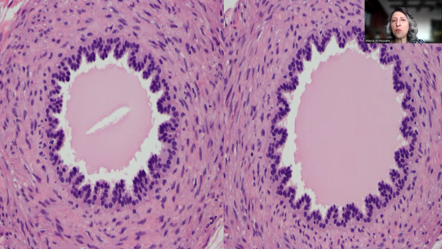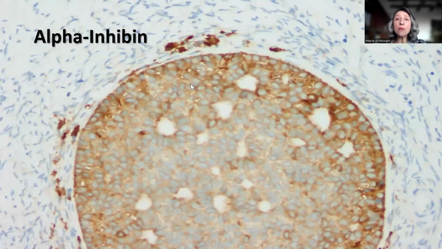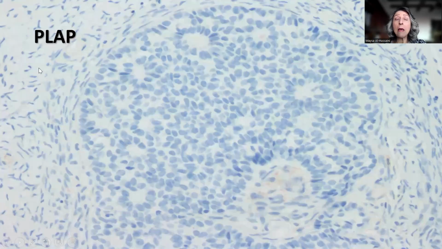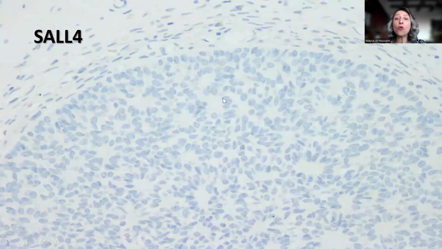And that really supported, in a way, my theory that the other component that was present in the sections obtained from the tumor or from the mass was probably rete testis. On immunohistochemistry, alpha inhibin was positive in the gonadoblastoma component, as was SF1 with faint staining, but PLAP1 and SALL4 were